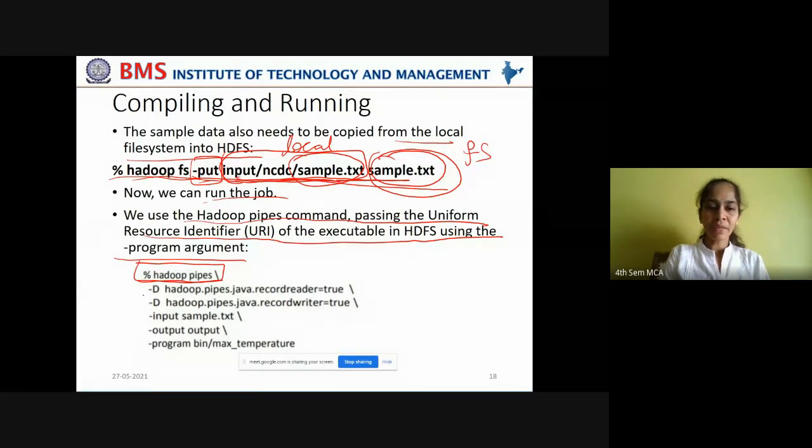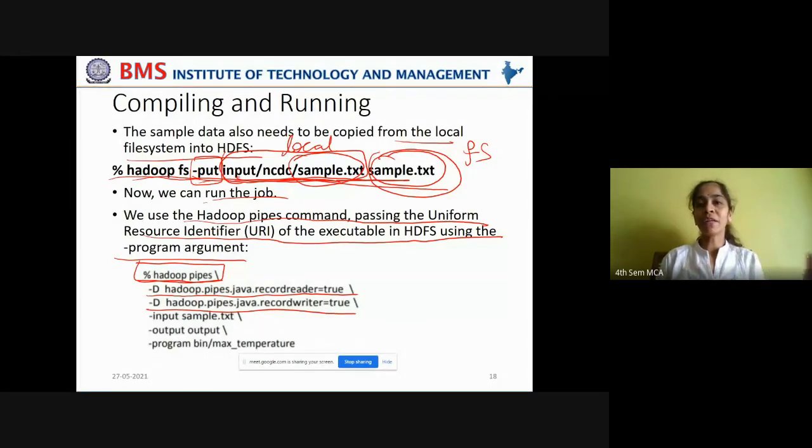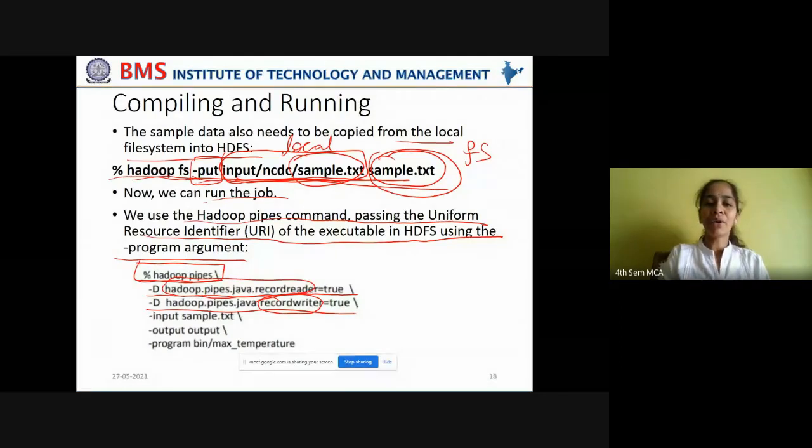Then we take -D hadoop.pipes.java.recordreader, and we set it to true, and the record writer also we set to true, because the record reader will read the data from the file written onto the HDFS cluster, and after the MapReduce task is performed, you get the result. That result also has to be written again as a record, so you take the help of the record writer. You perform the reading using the Hadoop Pipes Java record reader, and the Hadoop Pipes Java record writer.